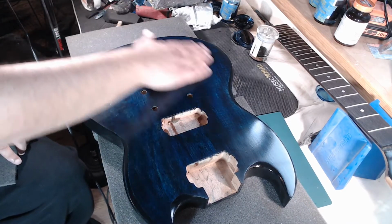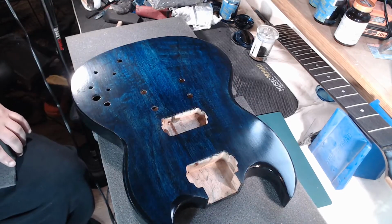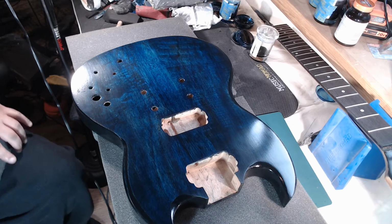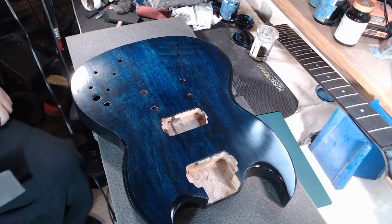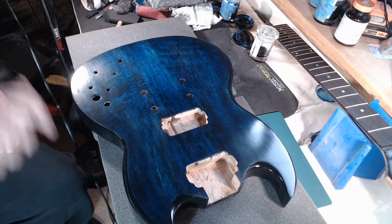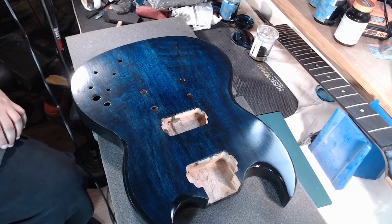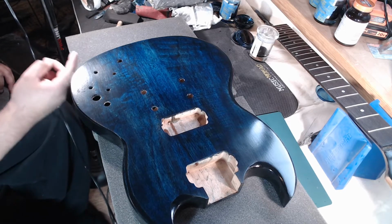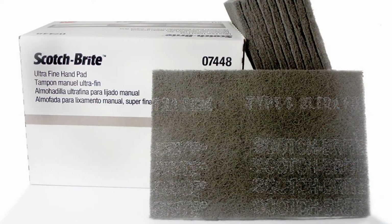However, now after doing some research, talking to some people on some Facebook groups, looking up some stuff on YouTube, the better option rather than steel wool is Scotch-Brite pads. Now, Scotch-Brite, most people will know, is those sponges with the hard surface that you can use to scrub pans and stuff like that. Well, they also make sanding specific Scotch-Brites, which you can get in ultra fine, which is what I got,